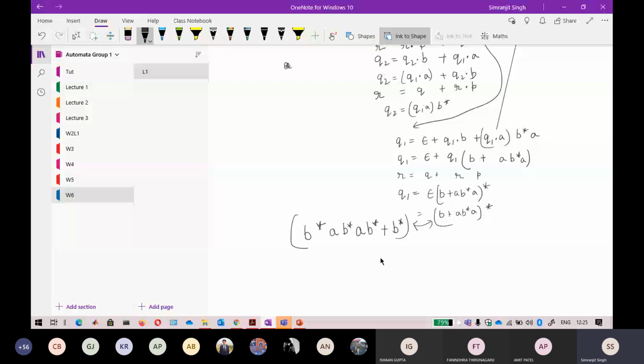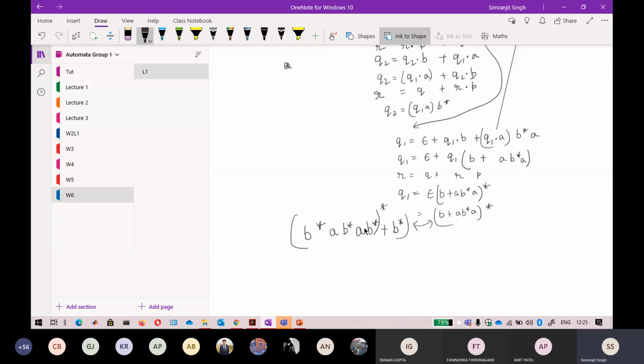I just want to tell you that if you apply Arden's theorem, you will get a very clean version of the regular expression. So this is also correct, this is also correct. Just extract out some strings if you want to check it also. Let me check. Yeah, this is the correct one. B star, sorry for that, raised to power star. So that is how it will become even number of A's.